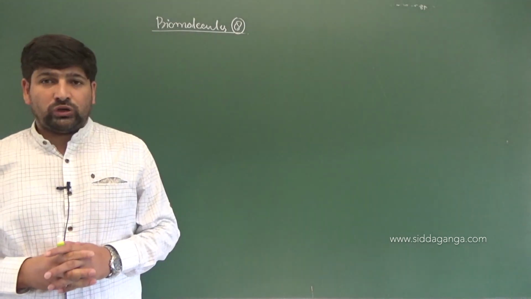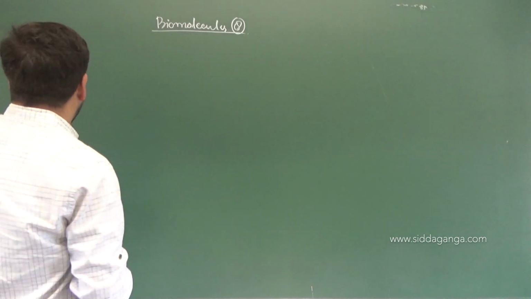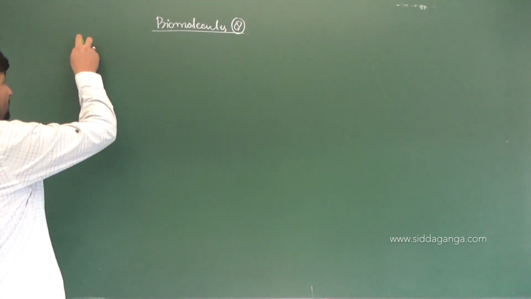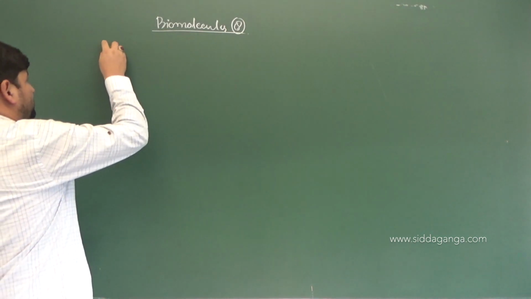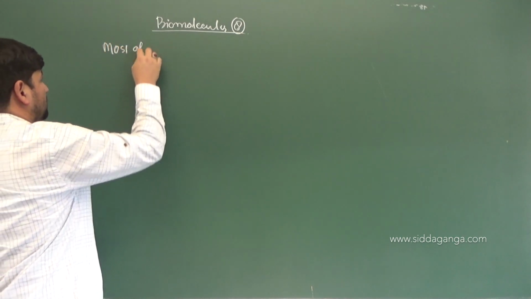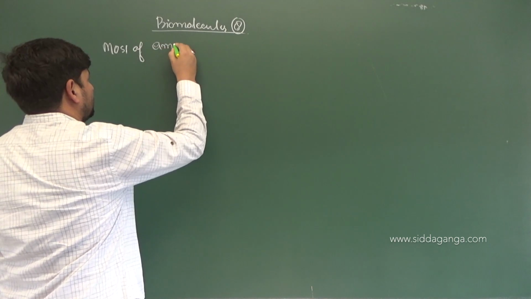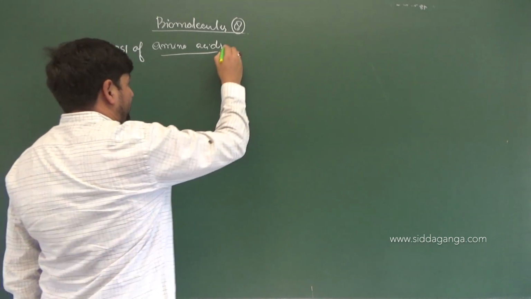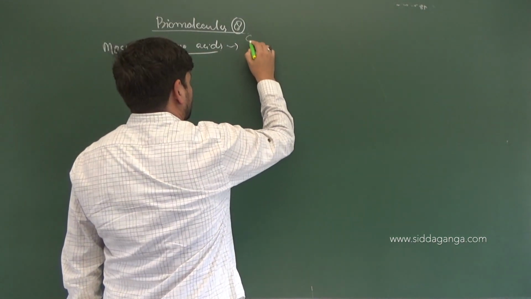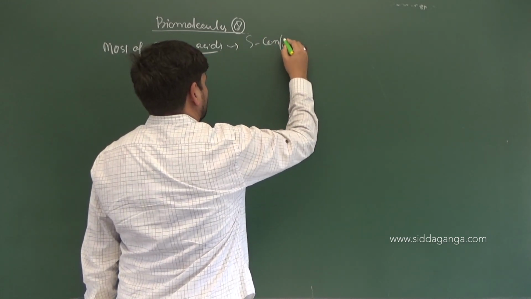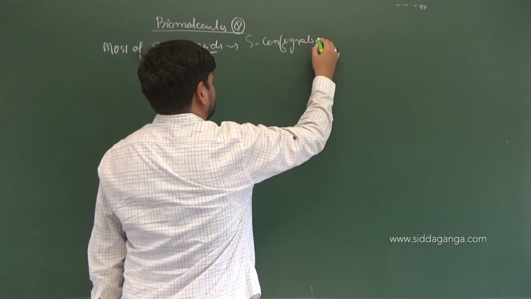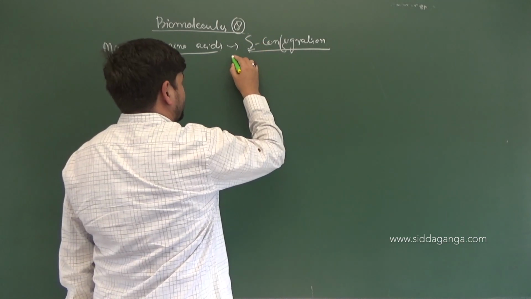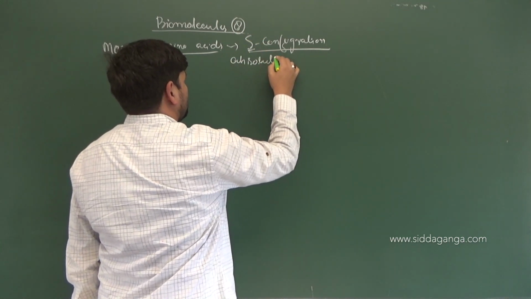Clear? So what we discussed yesterday was with respect to amino acids. And in terms of the projection of amino acids, what I mentioned was that most of the amino acids have S configuration. S, R and S, I said these are absolute configurations